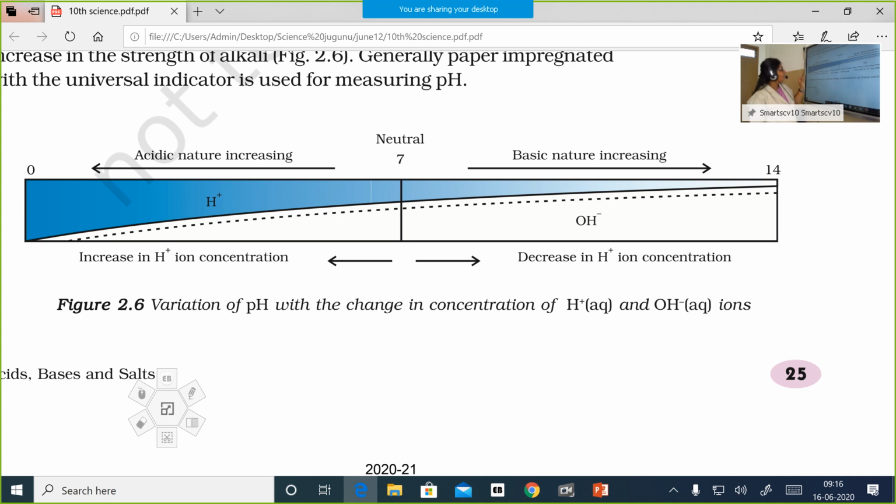So can you tell me, the strongest acid will have what pH value? It will have a pH value of 0. It's very clear from the diagram why we say the acid with pH value 0 is the strongest acid. Compared to the rest of the acids, it has the highest concentration of H plus ions. As we move from left to right, up to the middle, the H plus ions produced by the acids gradually decrease. That's why the acidic strength is decreasing. So the strongest acid is the one with the least pH value, that is pH value 0.